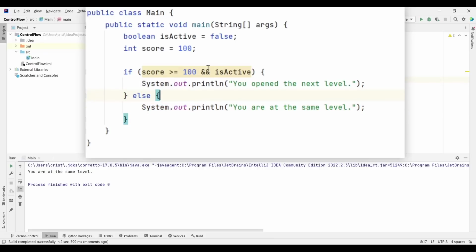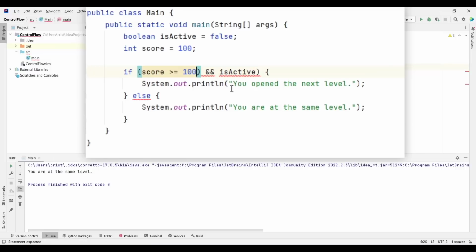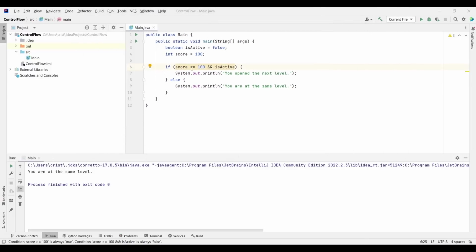And if you want to make more clear which condition, which expression is, where are the expressions, you can put parentheses around the expressions like this. But I think it's better to not have them in this particular case. Now I will end the video, and in the next video I'll introduce the logical OR operator.